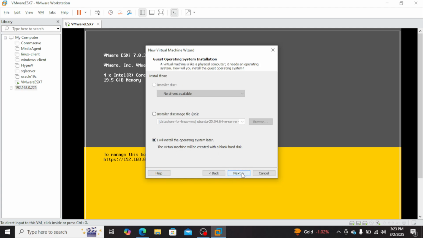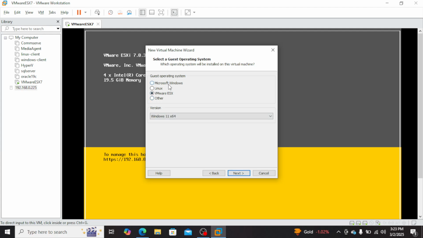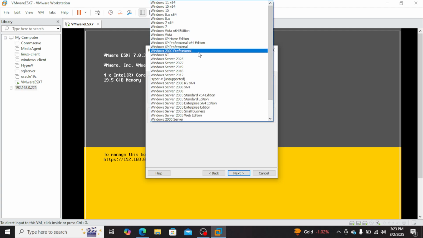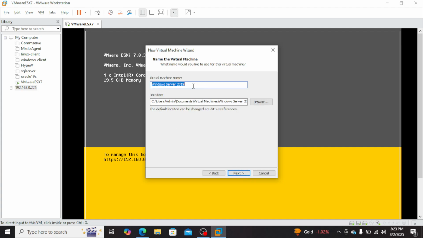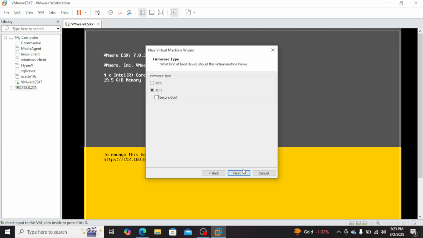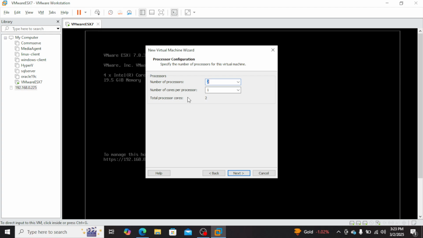So I'll install the operating system later, and here we'll select a Windows operating system and the version will be 2019. So anything which is supported should be fine. So I'll name it the VSA and click on next, and you can go with the BIOS option,